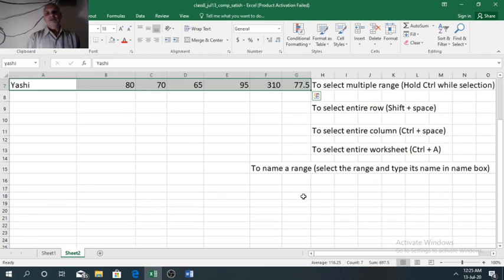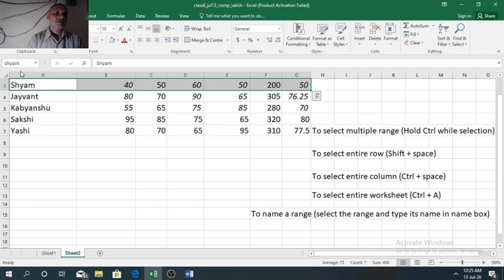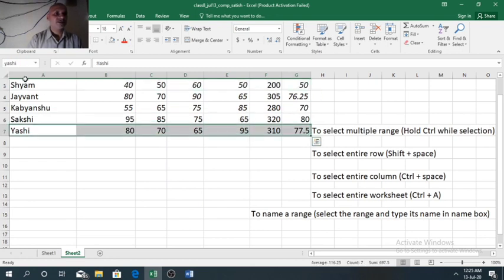You can see the cursor is present at the data of Yashi. One more option we have in the name box. You can see one downward arrow. If you click on this arrow, it will show what names you have already provided. So I have provided names for Shyam and Yashi. So when you click on Shyam, it will go to the data of Shyam. When you click on Yashi, it will go to the data of Yashi.